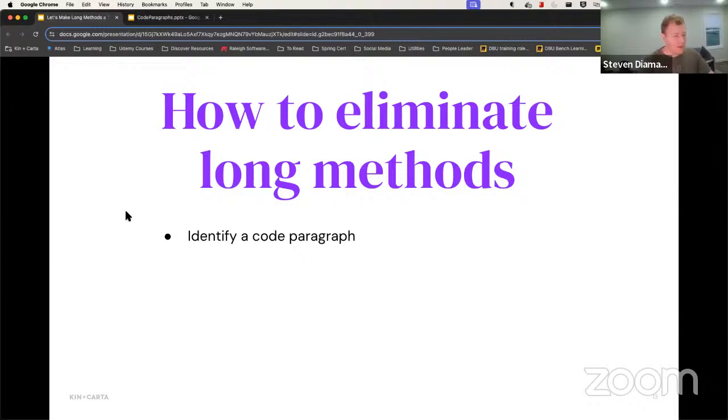Yep. All right. We'll talk more about it. I've got some more to cover, so I'm going to continue. We want to identify code paragraphs, and I want to actually show some code